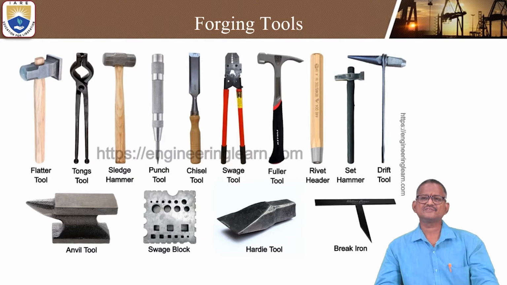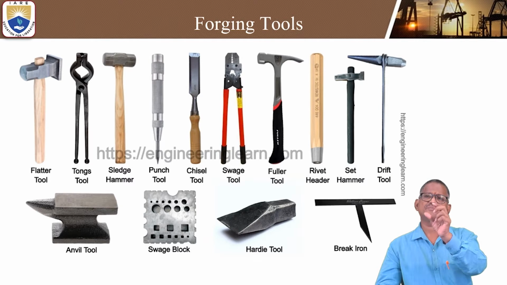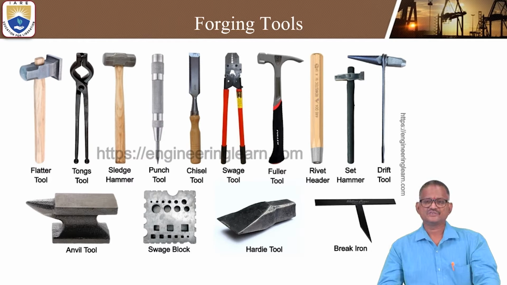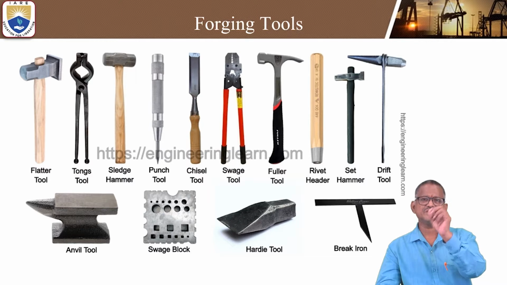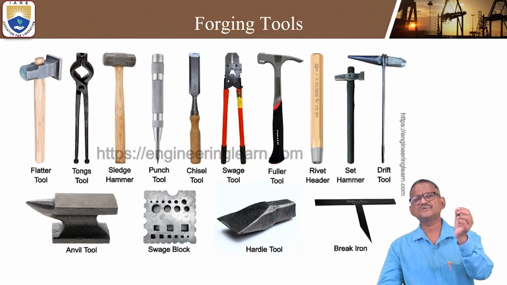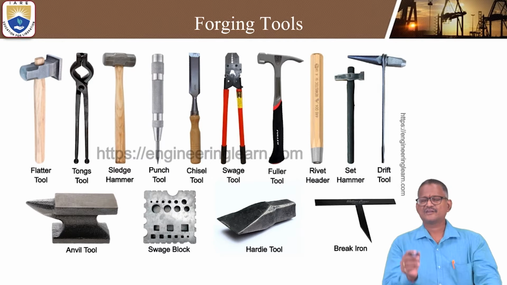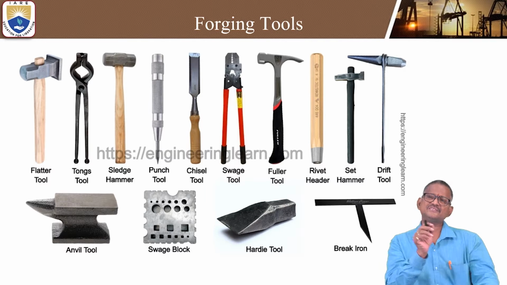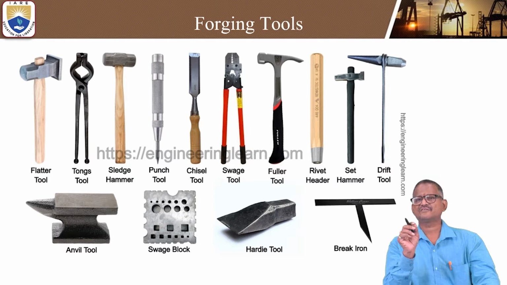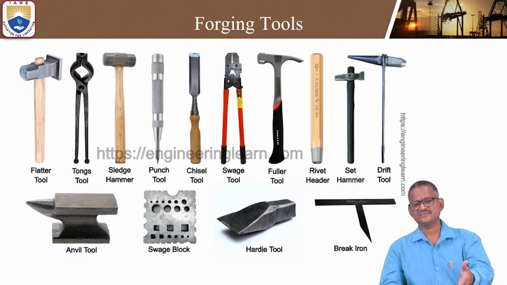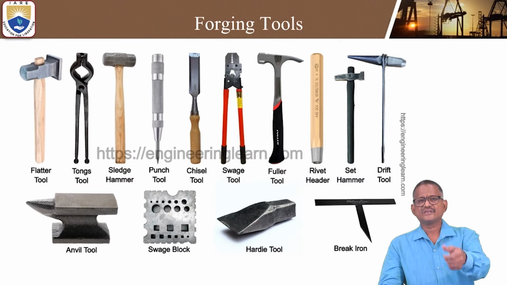And set hammer is also important in the forging process. Drift tool, drifting, means some hexagonal or any polygonal shape, one side is one shape and on the other side you can make a hollow portion. So this is about some of the basic important forging tools. When they ask too many questions, you can write a skeleton diagram, not a three-dimensional diagram. You can draw a line diagram and mention its function and in which type of process it can be used. Okay, and coming to the anvil,